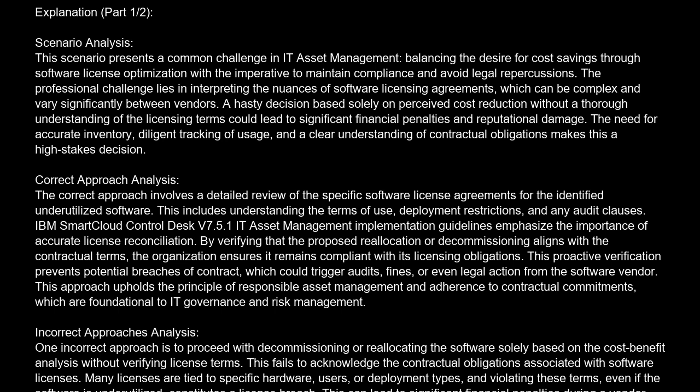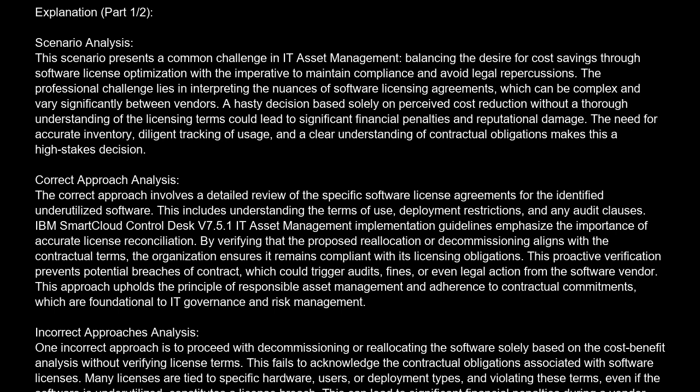software license optimization with the imperative to maintain compliance and avoid legal repercussions. The professional challenge lies in interpreting the nuances of software licensing agreements, which can be complex and vary significantly between vendors. A hasty decision based solely on perceived cost reduction without a thorough understanding of the licensing terms could lead to significant financial penalties and reputational damage. The need for accurate inventory, diligent tracking of usage, and a clear understanding of contractual obligations makes this a high-stakes